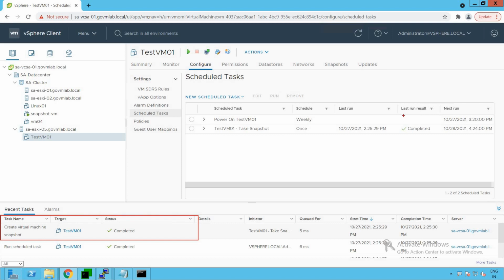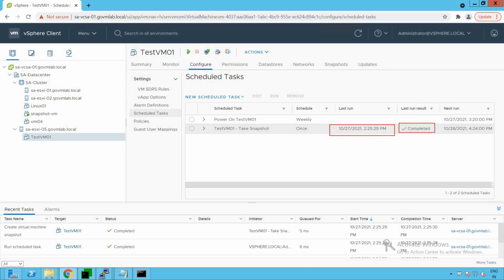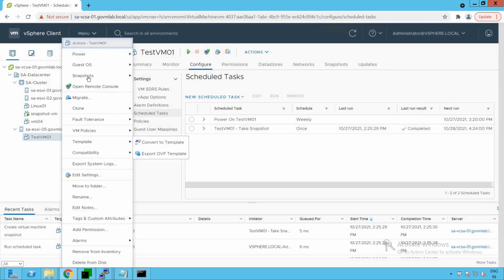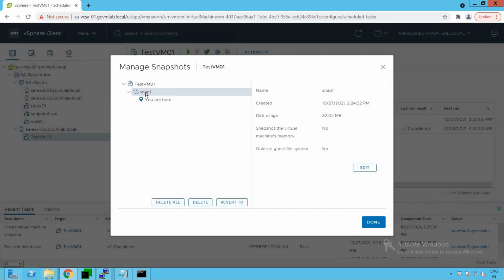And now if you look at the run result, you do see the last run when it was executed, the status of that result, whether it was completed successfully or not, and when the next run is going to happen. Right click on that particular VM, go to snapshot manager, and we do see that snap one got created successfully,